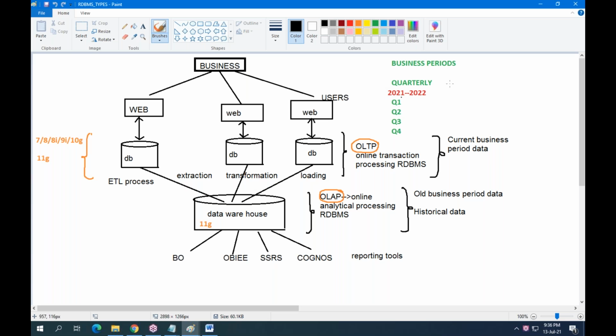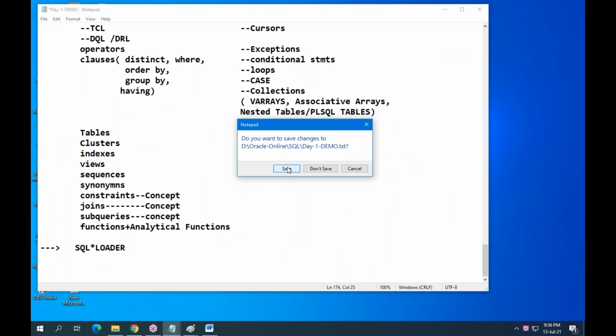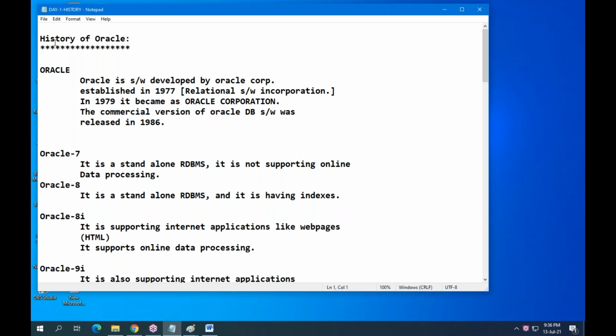Online transaction processing. I will come to this point later. First, just see here. This is about the first document. First, let me explain the history of Oracle. We will discuss OLTP and OLAP also, don't worry. That is important from Oracle 11G. So up to that, let me finish the history.